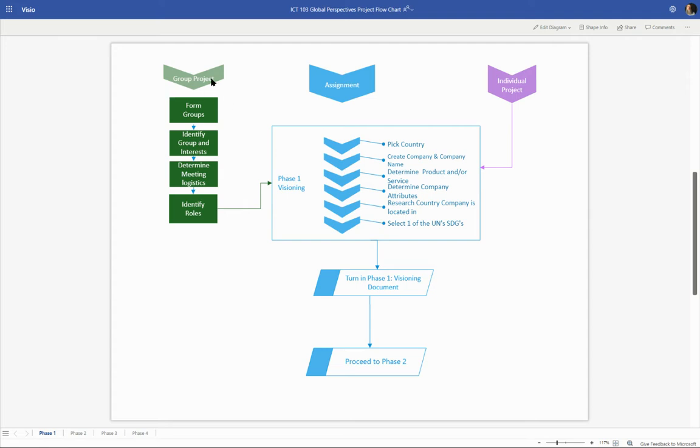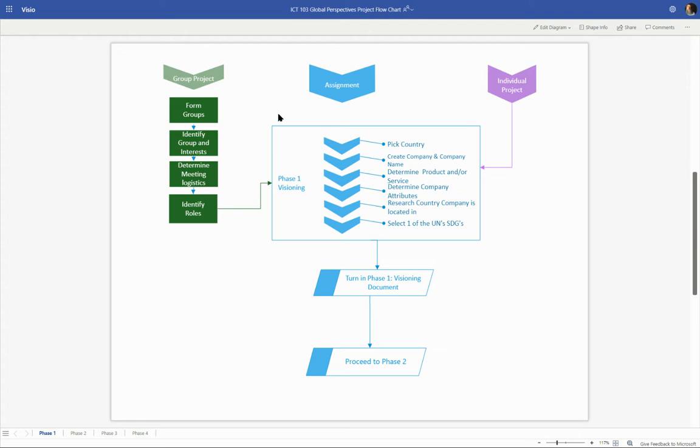So again, we have the ability to do a group project or an individual project. From the standpoint of either project, the content is going to be the same. What's going to be different is the processes that we use in order to get to that. So for the group project, I've identified elements that are unique to the group project in the color green. For the individual project, I've used this purple lavender color, and I use that throughout the